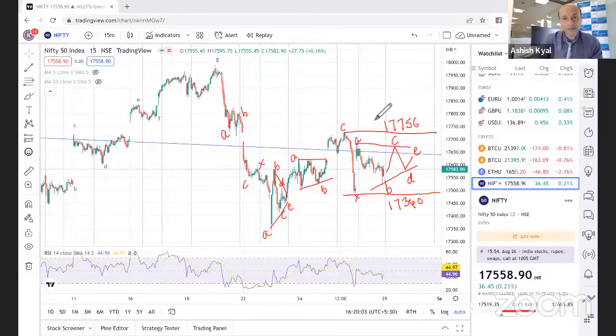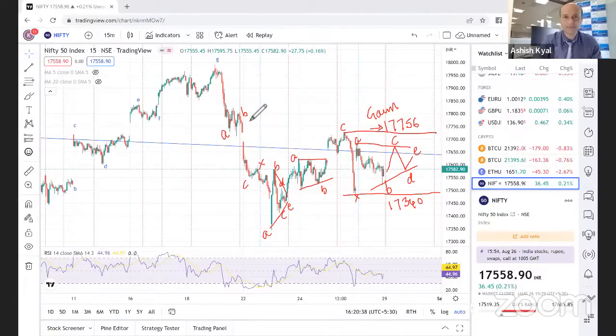17,756 is the Gann level that we saw. If that is crossed, then we can expect a further upside move. Until then, that is what the overall neo wave pattern is suggesting. The other possibility is that the C leg can form much higher in the form of a flat pattern or a diametric. That is not ruled out. But looking at the structure, I think we are forming a pattern which looks like a clear-cut double corrective in the overall phase of the market.